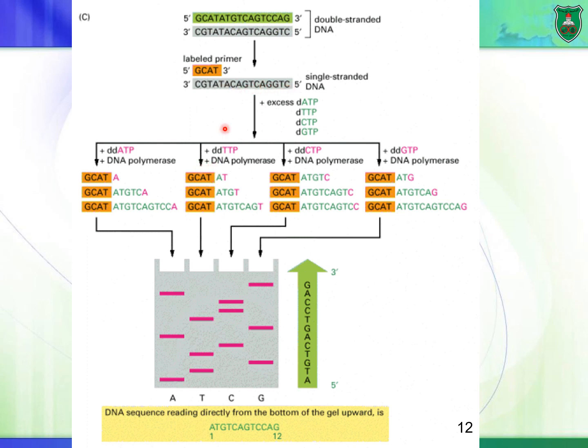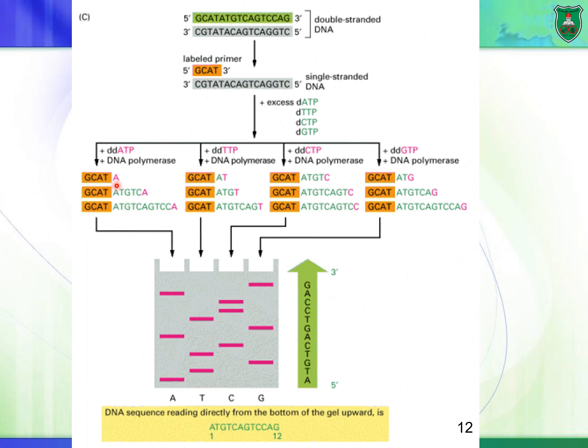Well, in the reaction that contains a dideoxy-TTP, whenever there is an A, there is either a deoxy-TTP or a dideoxy-TTP. If there is a dideoxy-TTP, it means that synthesis would be terminated right here, or right there. Okay, so in all of these reactions, we're going to generate different fragments of different lengths, and